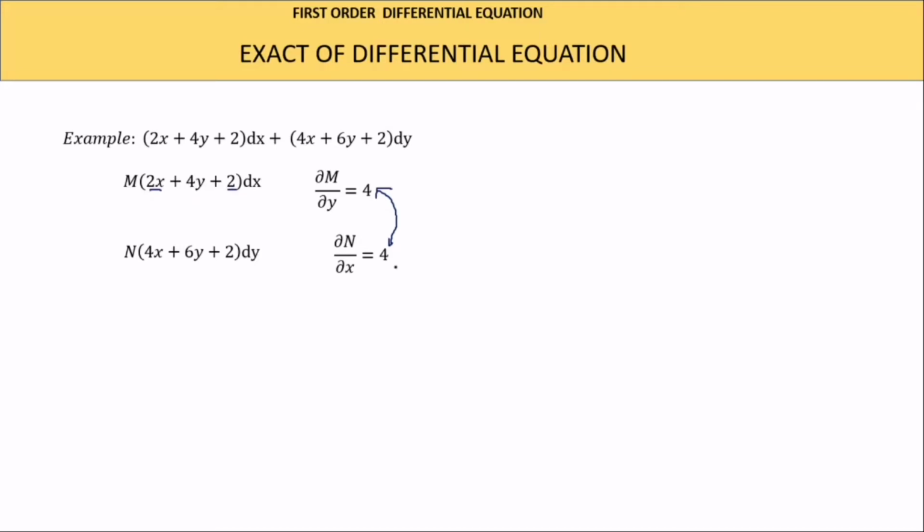So after testing for the exactness, since the differential equation is exact, you now find the integral. Look at this. You are finding the antiderivative or the integral of the M function, which is this, with respect to x. Note, with respect to x. When you are partially differentiating, you do it with respect to y, but when you are integrating, you do it with respect to x. So when you do that correctly, let's take this and